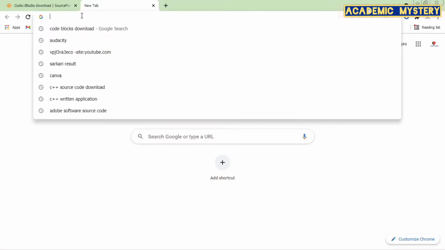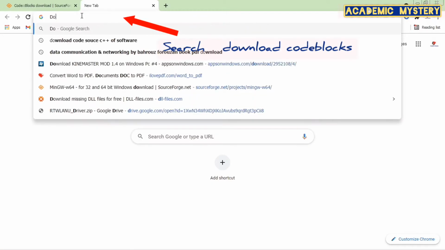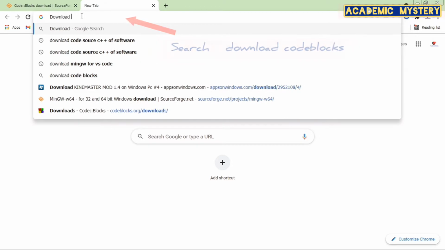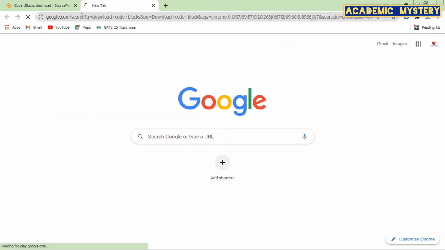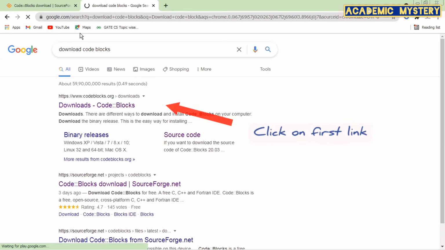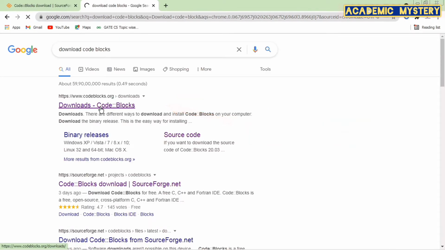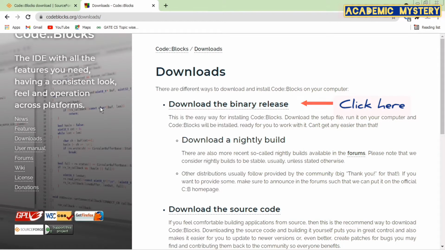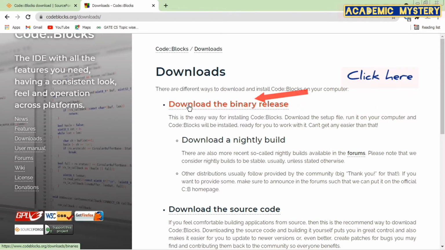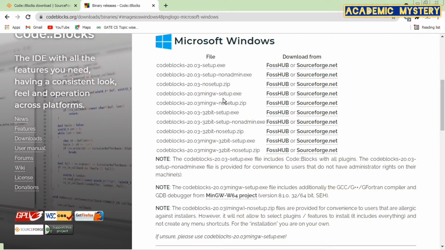First of all, open the Chrome browser and search for download Codeblocks. Here I am searching for download Codeblocks, and this is open. Here click on the first link and go to download the binary release, and click on download the MinGW setup.exe and click on sourceforge.net,